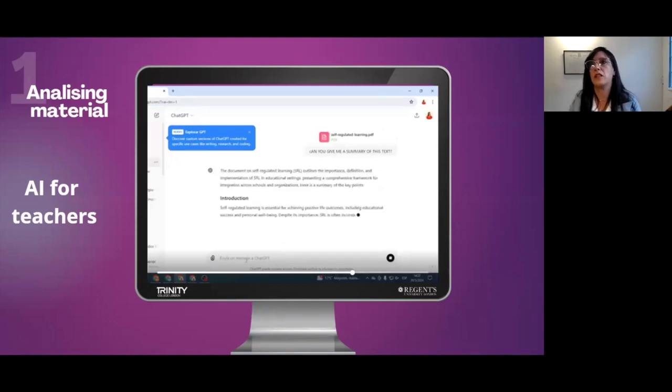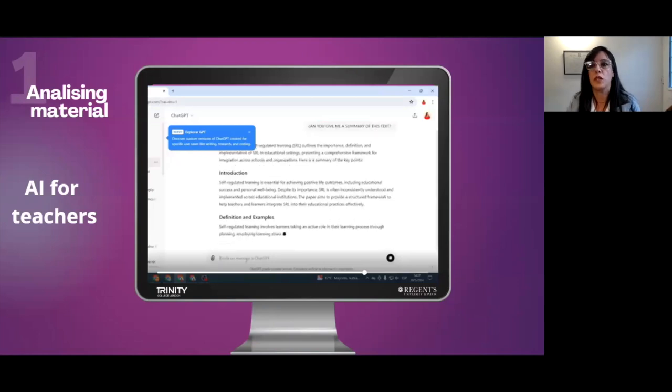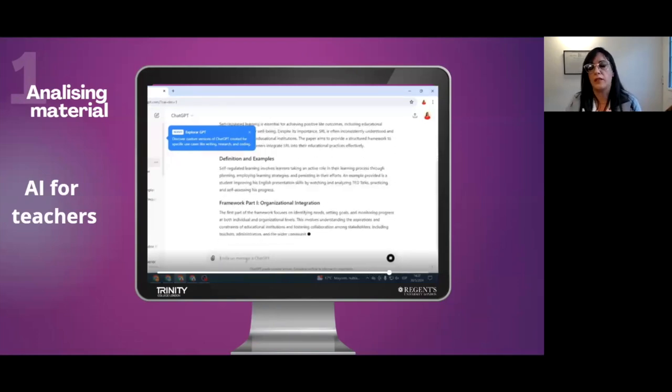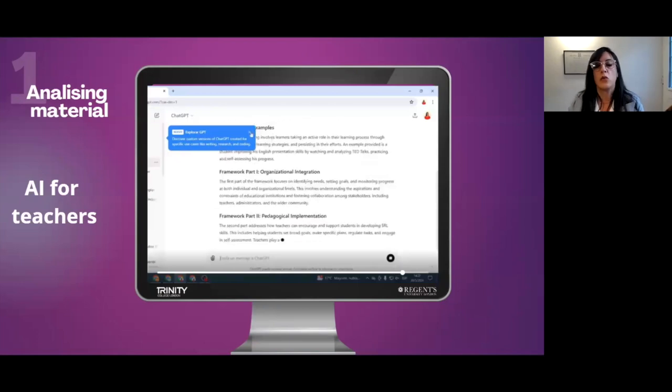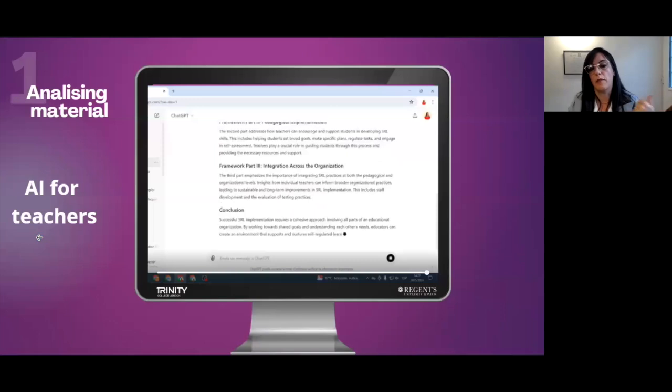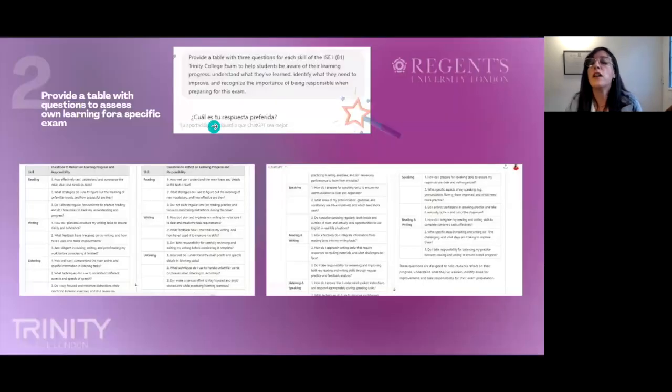But this is something that I wanted to include because teachers can use it before the class, and we will see how. That's why I wrote here AI for teachers, because at the very beginning we explained that we have been working from this different perspective. So here we ask the chat to provide a table with 3 different questions for each skill of this exam